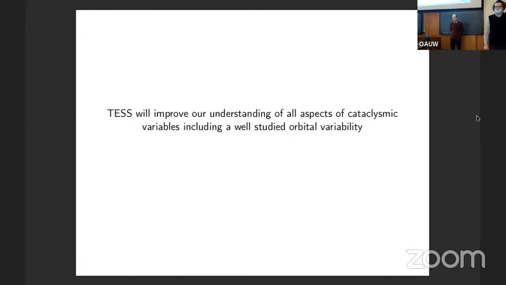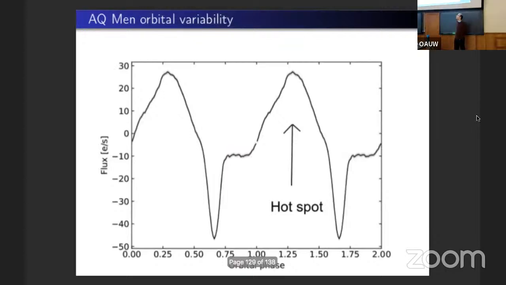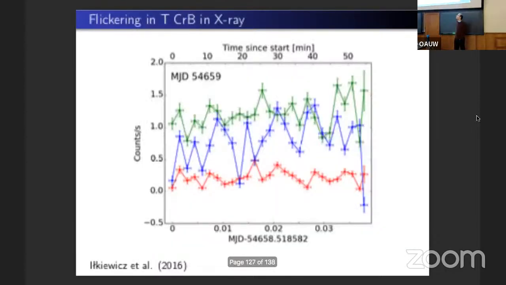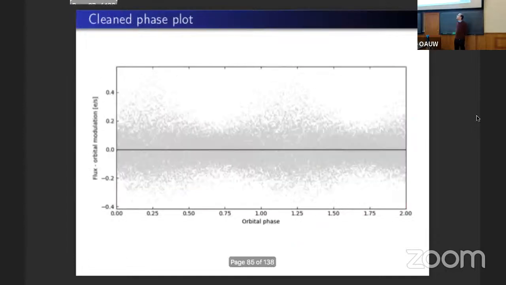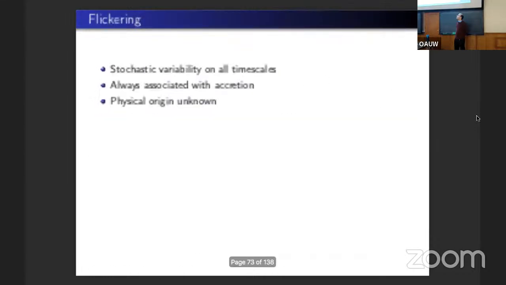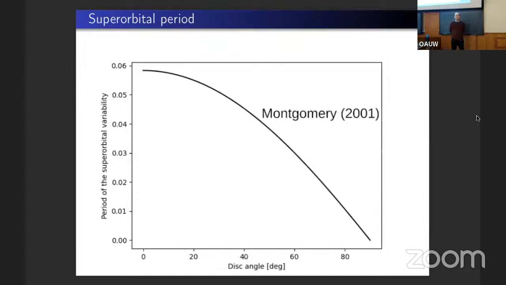I just wanted to say that the presentation was very interesting and very creatively presented by various pictures. And my question is about the Montgomery relation. Because it was a single line, I just wanted to ask, compared to the data, how confident can we be that it accurately describes the processes that we are looking into?